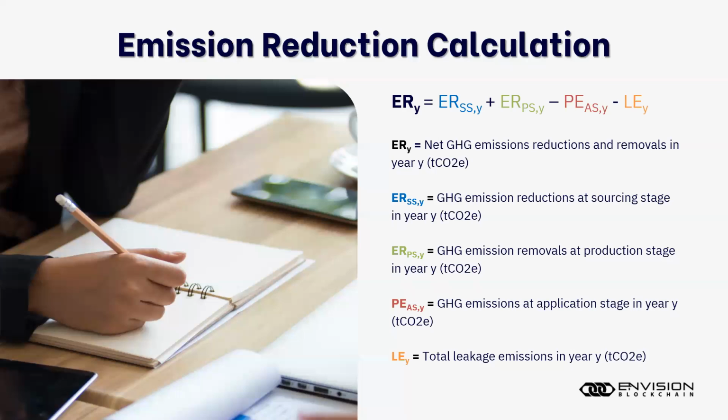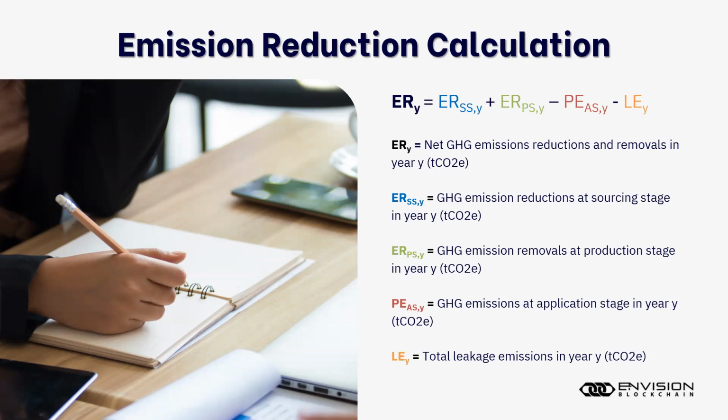This is their calculation approach. So this is going to be the final equation that we'll see in this methodology for the emission reductions. However, there are many calculations that tie into this. So when we look at one of those parameters, there may be calculations that are needed before we can get that final emission reductions at the sourcing stage. But this is just the final calculation that we'll be using in our policy to mint the correct amount of